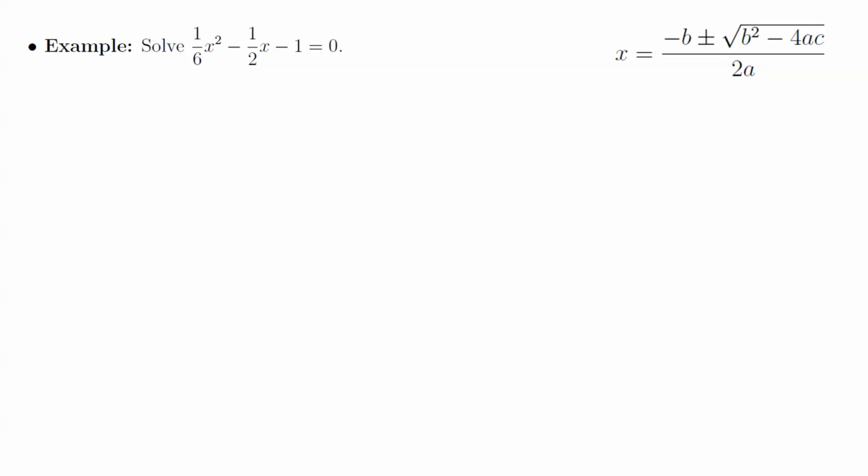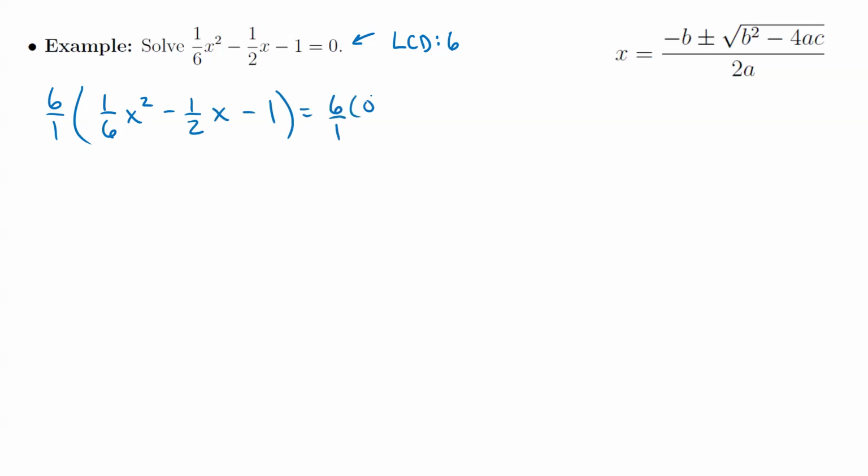So remember that we also have a tool at our disposal. Anytime we see fractions and we don't want them, we've done this many times now, we can always multiply by our least common denominator. So I can look at this and say my least common denominator is 6. So I'm going to take 6 over 1 and multiply on the left by 6 over 1. And of course, I'll do the same thing on the right side, but again, because there's a 0 there, it's not really going to do anything. So I just end up multiplying everything by 6